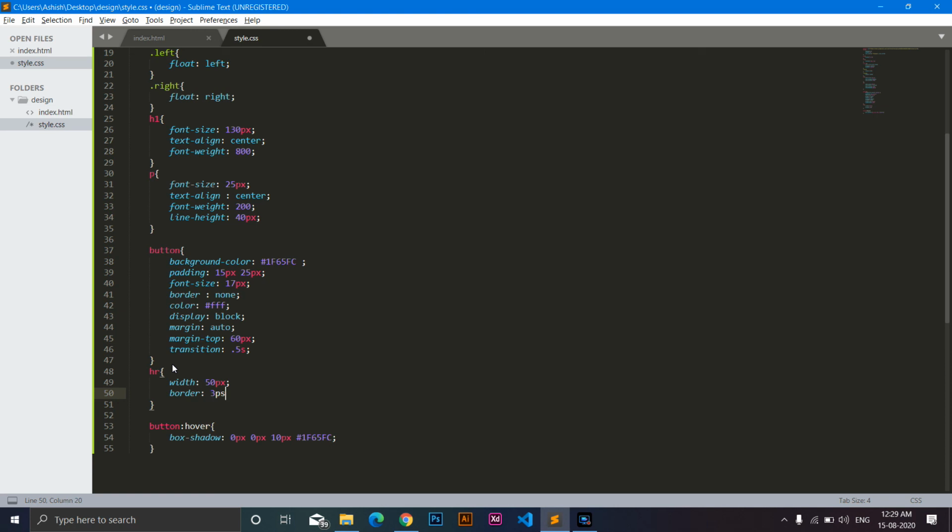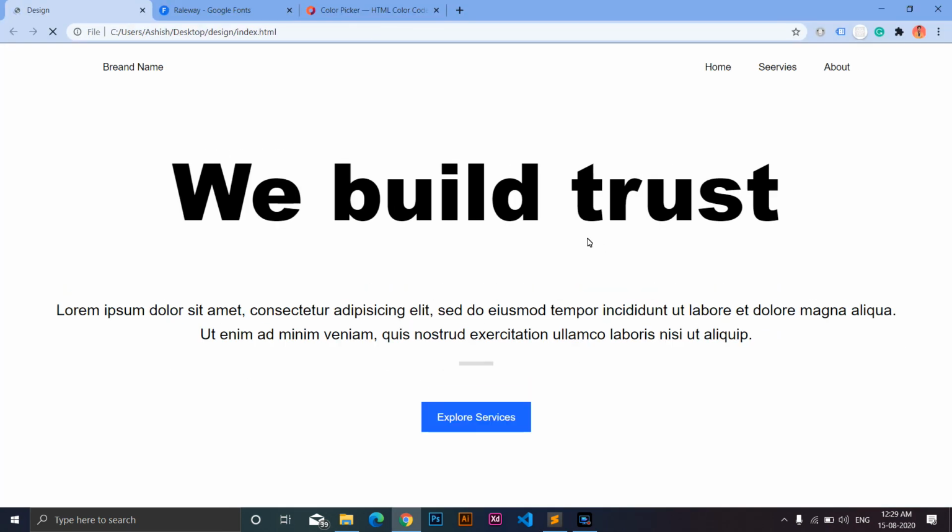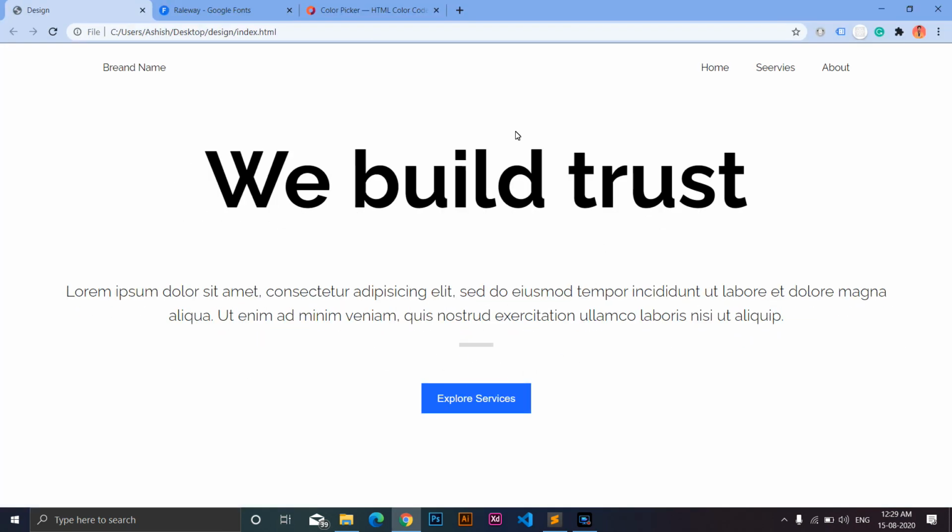Let me make it 3 pixel solid, and I want the color hash DDD. Save and go back. Perfectly fine. So this is what we have created so far.